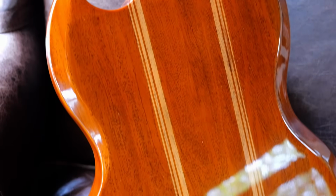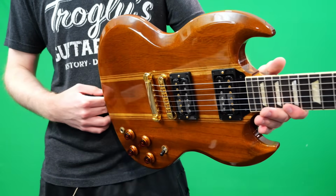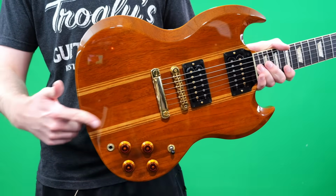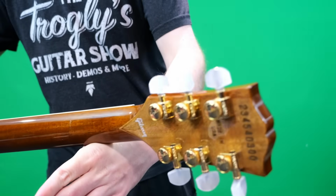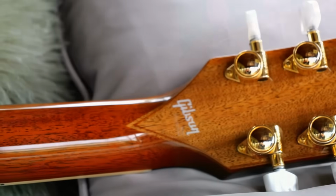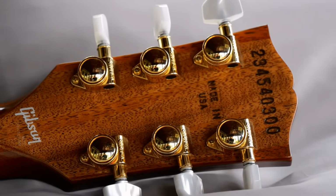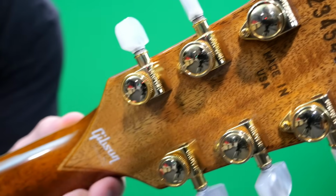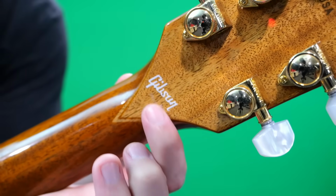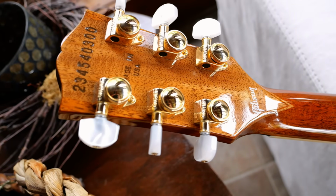So thank you, Benjamin, for trusting me once again to forward on this guitar, as well as make a video out of it. All this needs is a friendly little wolf thrown on here somewhere, whether it's here Garcia style or on the back of the headstock instead of our Gibson mod collection decal. But you know what, now that I think about it, that is something that is different that I forgot to mention about the other ones. They're no longer stamping a mod, they actually have this new decal. It says mod collection underneath it. But if we could replace that for a wolf, then I would be really happy